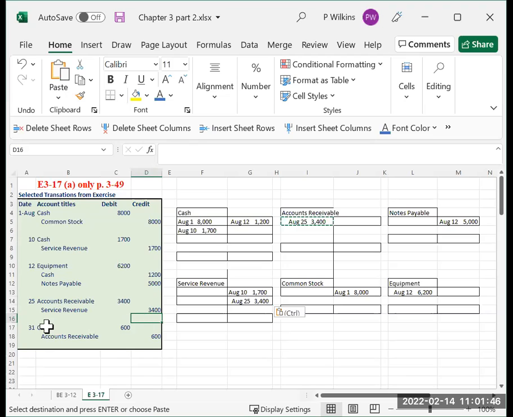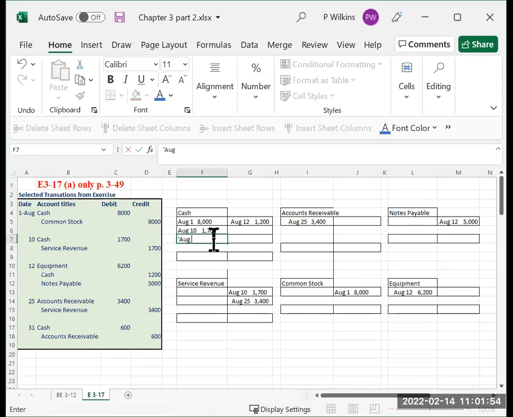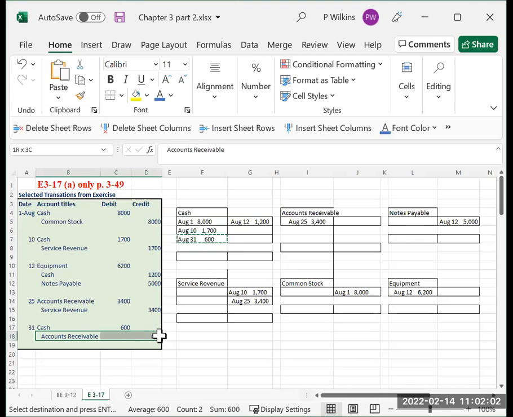So that one's done. We're going to go to the last one. August 31st, we're going to debit cash $600. And then August 31, we're going to credit accounts receivable $600. So we go to accounts receivable, we go to the credit side,